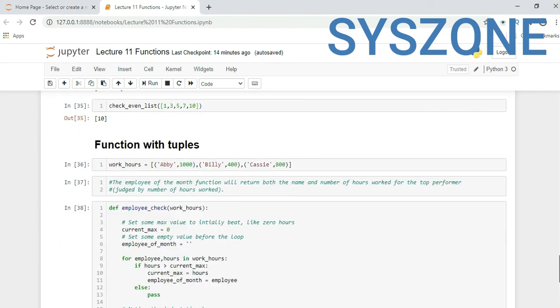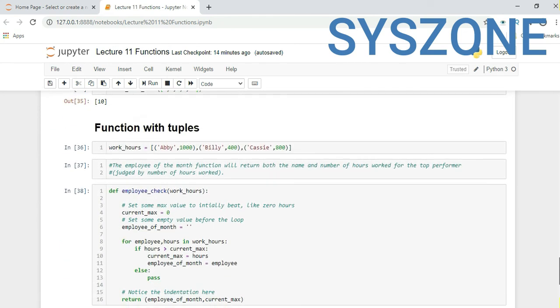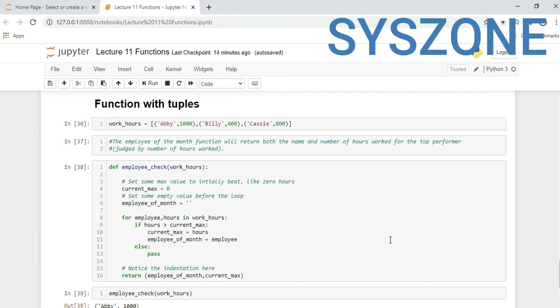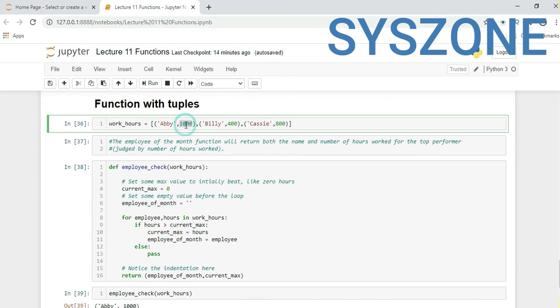We can also use a function in tuple unpacking. We can also use a function with a list, and here we see the example of a tuple. So here we have one list which holds tuple values: Abby, Vale, Cassie. So these are all names, and here we define the work hours, how many hours they work in a month.